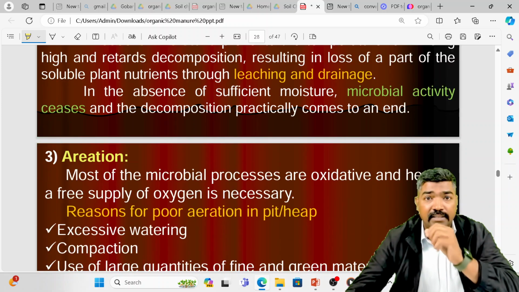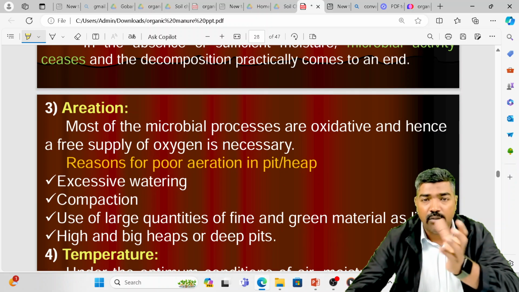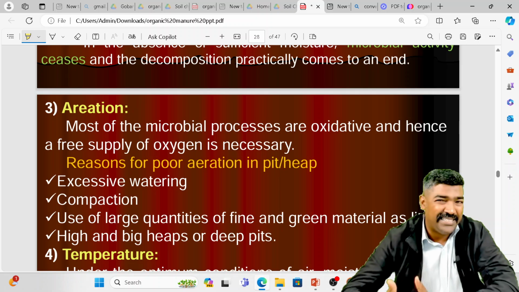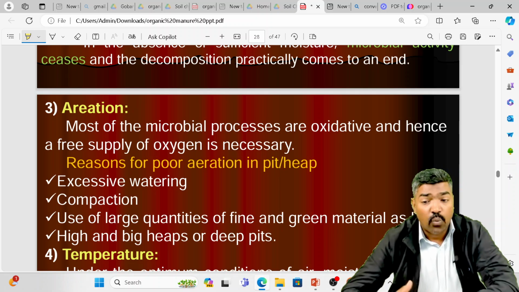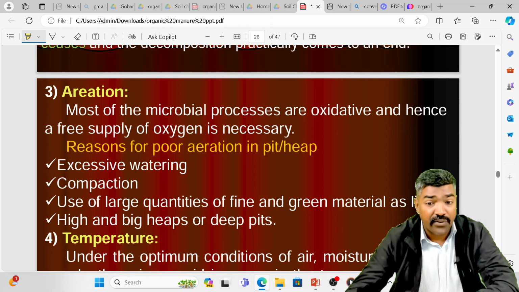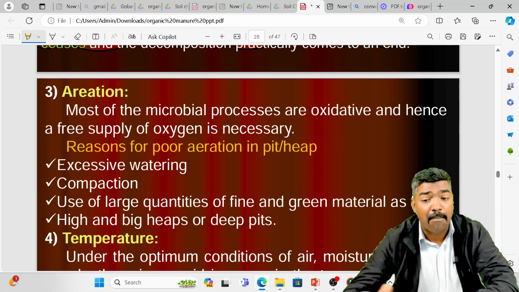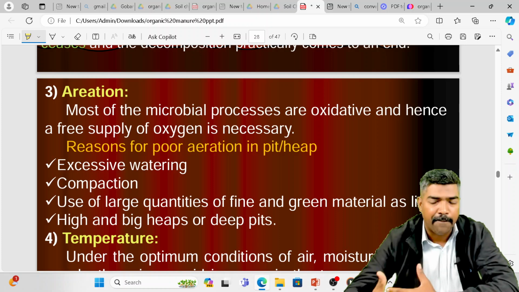And then, the third most important factor is aeration. Most of the microbial processes are oxidative, and hence a free supply of oxygen is necessary. Reasons for poor aeration in a pit or a heap are excessive watering, which is the very important first point, compaction, use of large quantities of fine and green materials as the lighters, and high, big heaps or